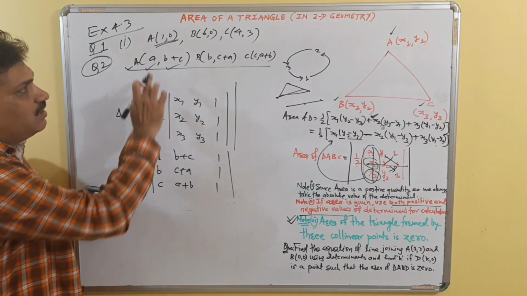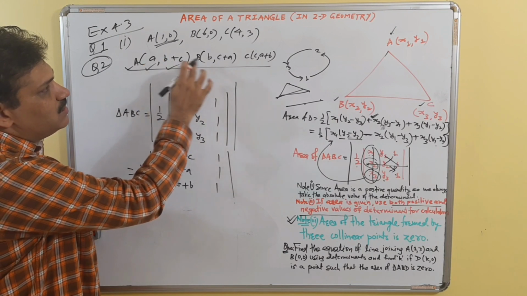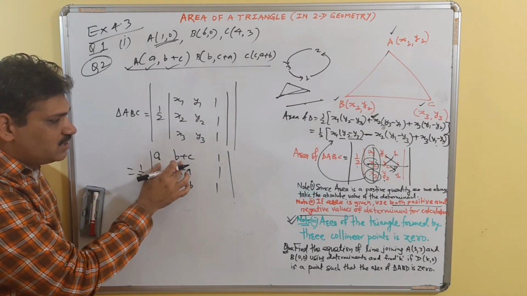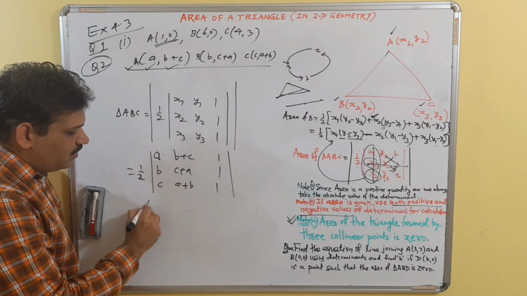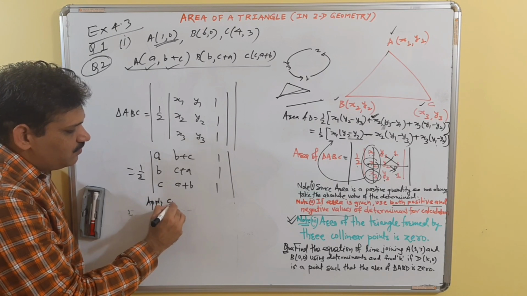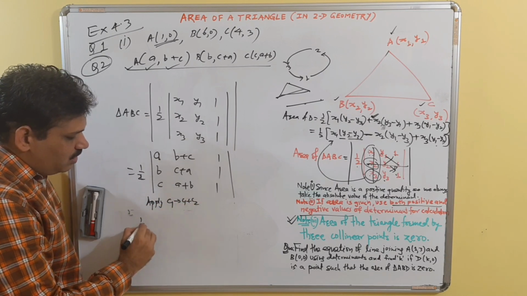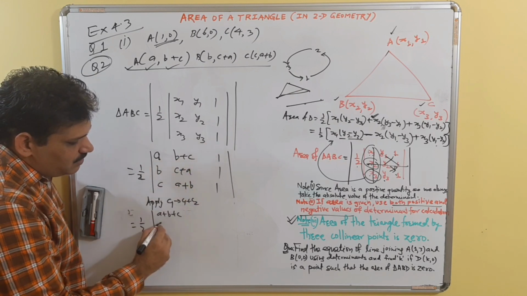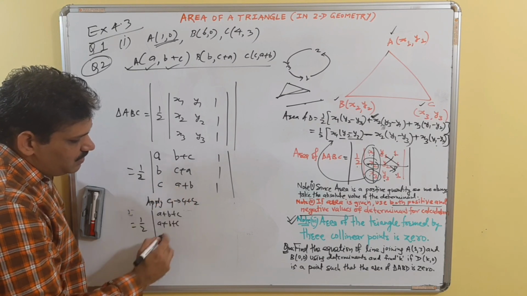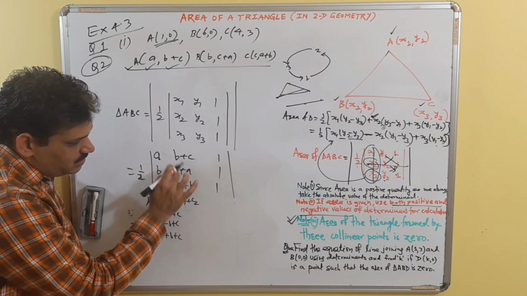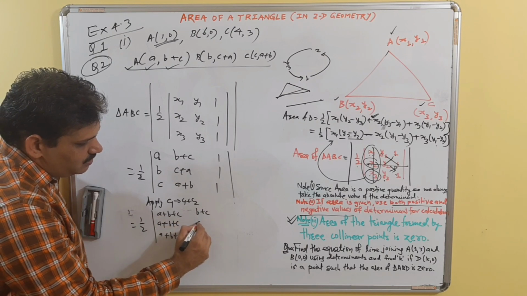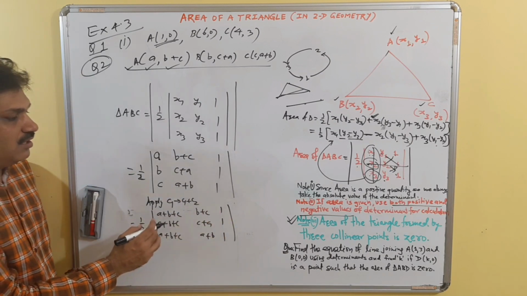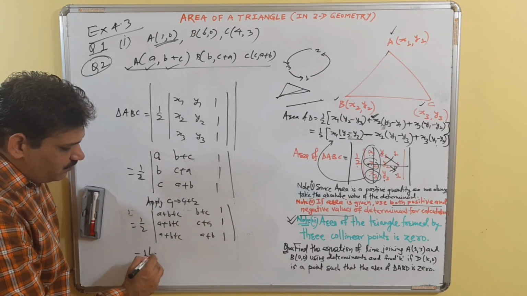Now you can see here A, then B plus C, so A, B plus C and B, C plus A. Here C is missing, so C is here. If you try to add these two columns, that is, if you apply C1 becomes C1 plus C2, it will give you simply A plus B plus C here, also A plus B plus C here, also A plus B plus C here. There is no change in C2 and C3, so this is B plus C, C plus A, A plus B, 1, 1. Now you take A plus B plus C common from column 1.